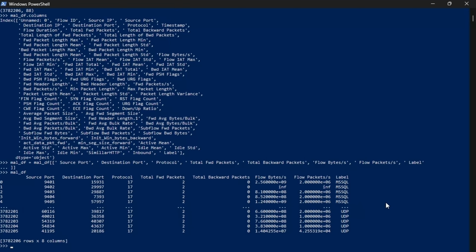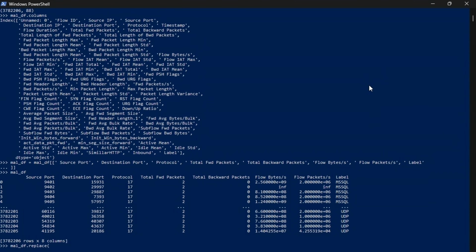Now, if you remember back to our hypothetical scenario, we decided that we're going to specifically train for UDP-based DDoS attacks. So in our case, anything that's labeled as UDP, we're going to classify as malicious. So we're going to convert that into a numerical value to allow our AI model to work with it. So what we'll do is we'll specify anywhere that there's UDP present, we're going to change that to the number 1, indicating malicious. And if the label is anything other than UDP, we're going to label it as 0, or not malicious. We'll type in mal_df,